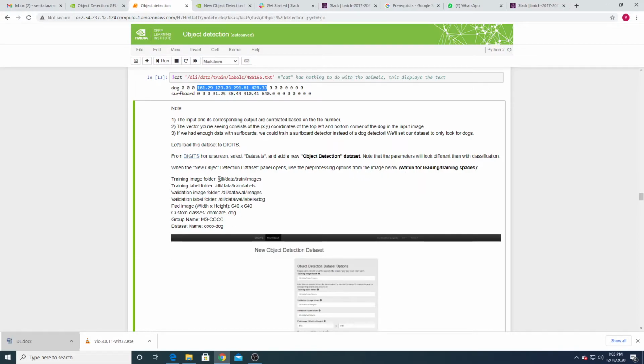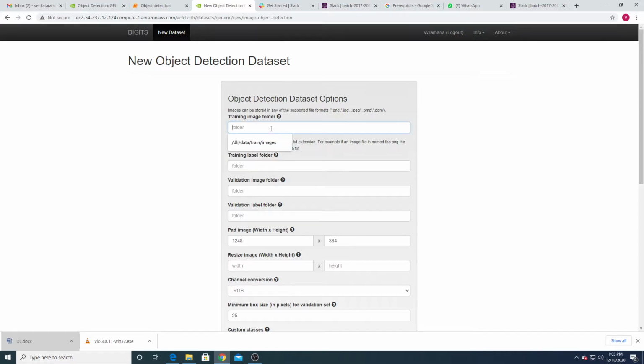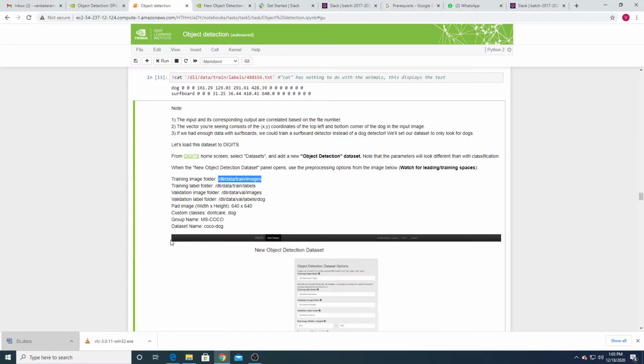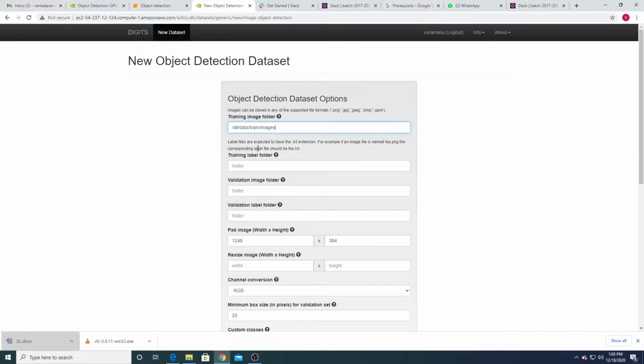Under training image folder, you have to take the image information from this path, and the training label folder. Make sure that there is no space, otherwise it may throw an error.